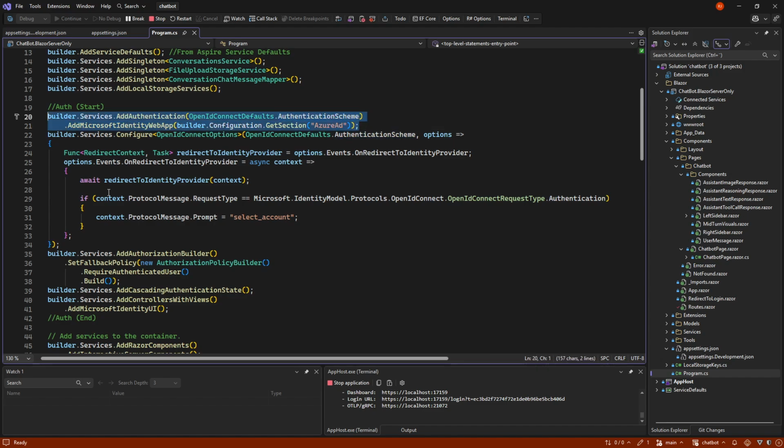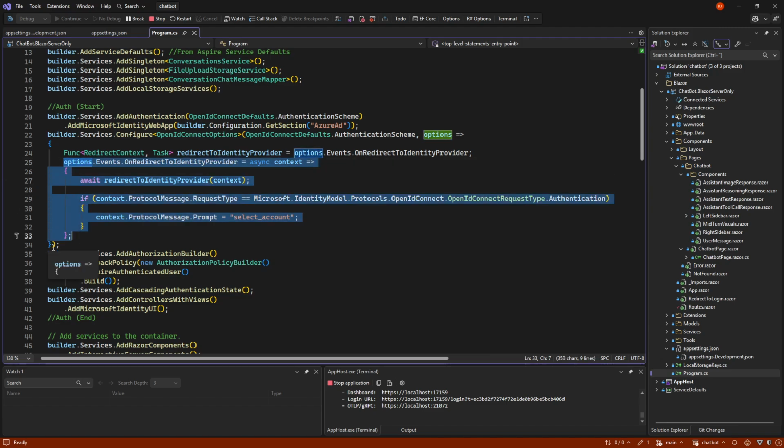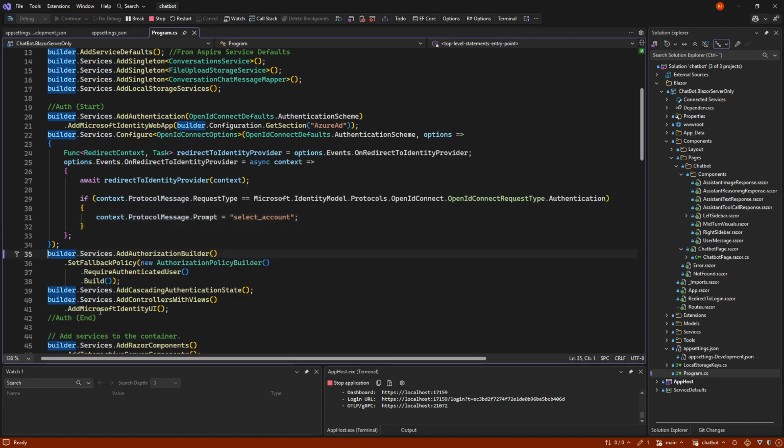that is essentially just what we're loading up here. And then we're saying it's OpenID Connect that we use and various different things. This little extra thing here is only because I want to be able to switch between my 2 accounts. Else it would just lock me in with the first account all the time. We have authorization and cascading authentication state, so it works on all the views and all the controllers and so on. And it's just Microsoft Identity.